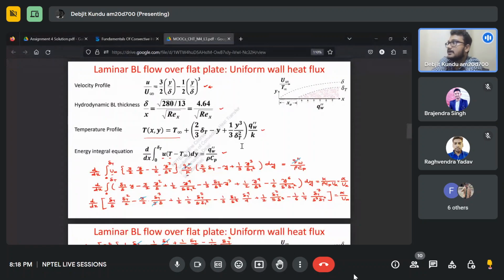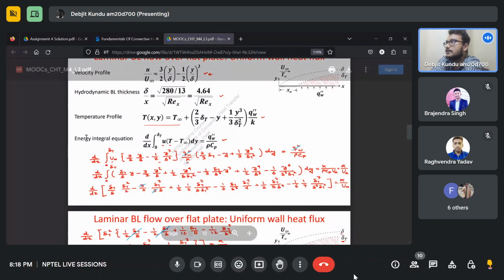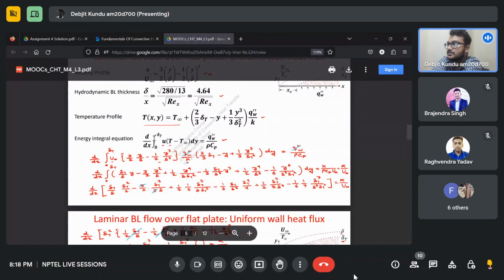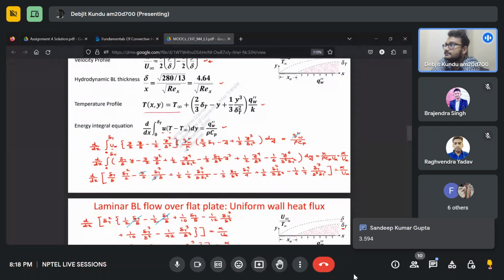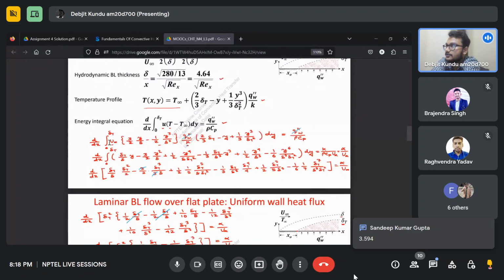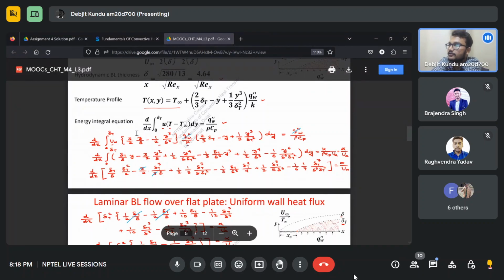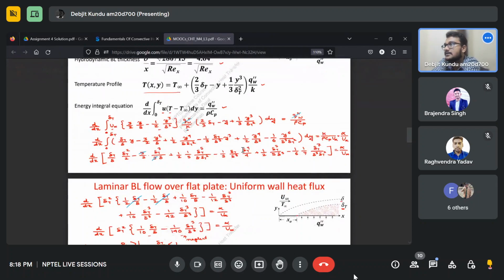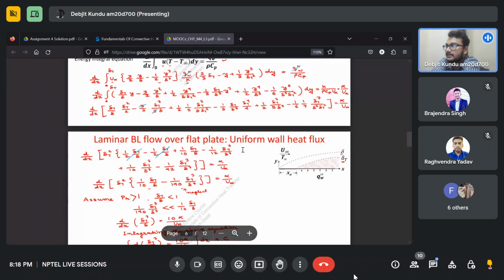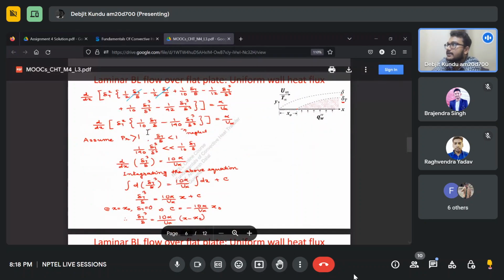Now comes the difficult part. Finally we will solve this energy integral equation, where both u as well as T have to be substituted, both of which are cubic functions. Now a bit simplified cubic functions, but anyway cubic functions. So after plugging in the value of u as well as T, it becomes a product of 2 into 3 polynomials. So it becomes 6 polynomials. Then if we painstakingly solve for everything, finally we will get something like this,